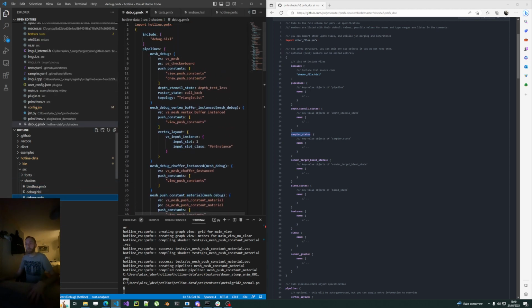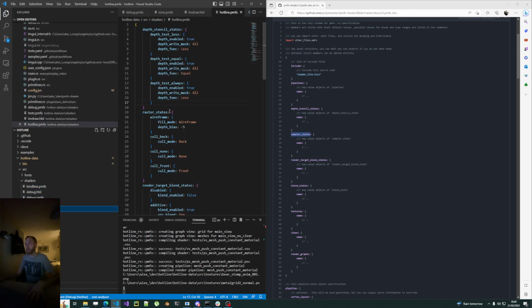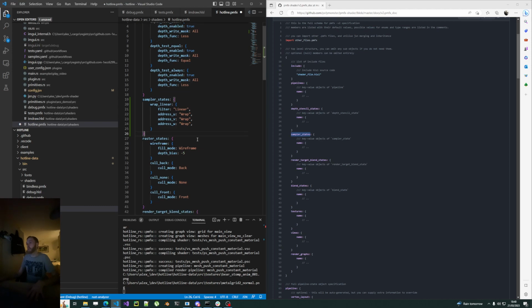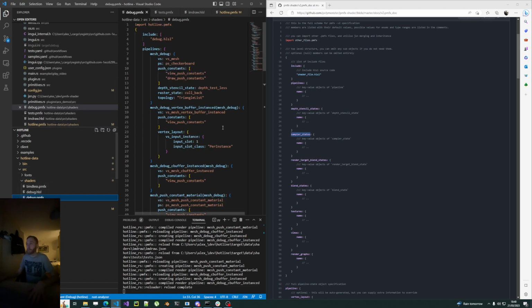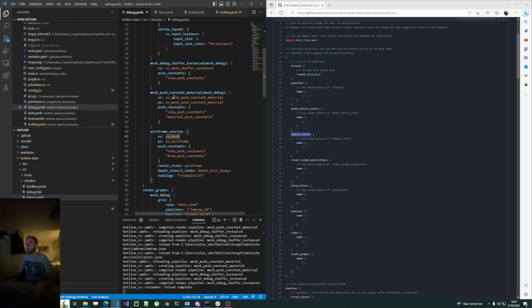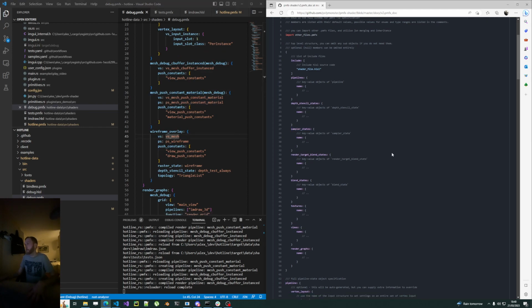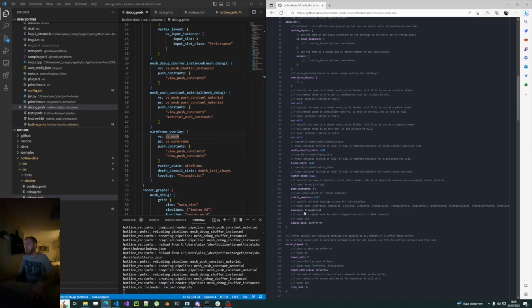So debug PMFX. I'm actually going to put this inside hotline, because everything can share it. And wrap linear, it's going to be a common one. I'm also going to add clamp linear while I'm here. Wrap linear, clamp linear, complete debug PMFX. So on the mesh push constant material, we want static samplers,